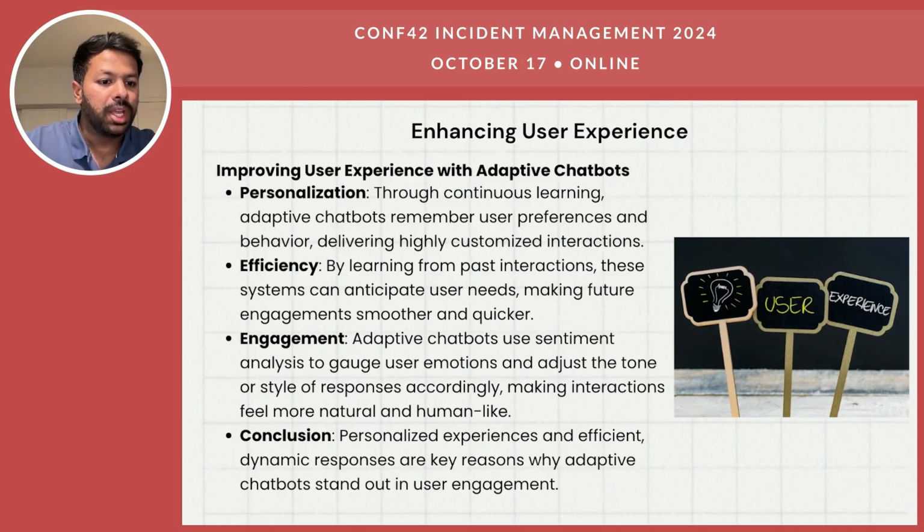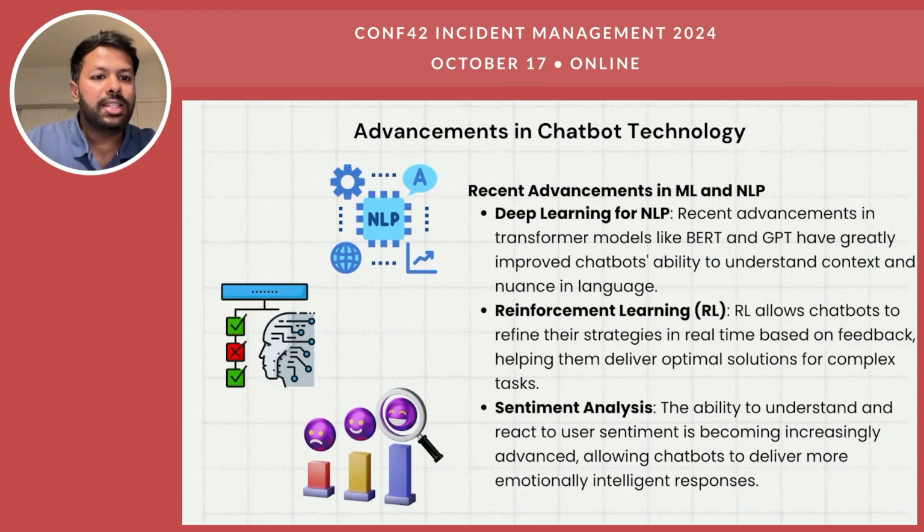In summary, the ability to personalize, respond dynamically, and engage effectively sets adaptive chatbots apart in user engagement. Recent advances in machine learning and NLP have significantly boosted chatbot capabilities. Deep learning for NLP. Transformer models like BERT and GPT enhance chatbots' understanding of context and nuance, making their responses